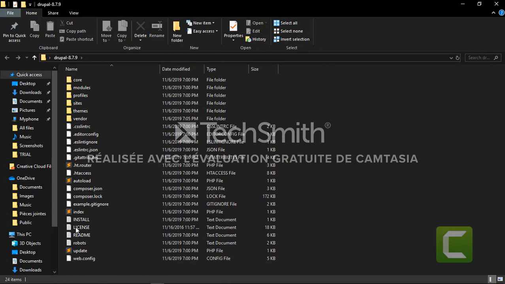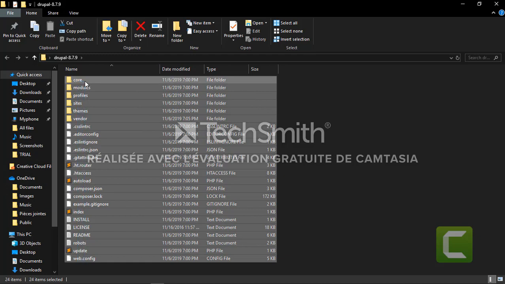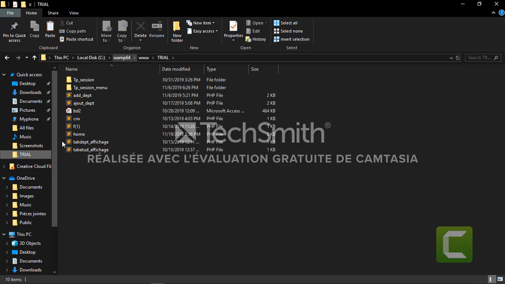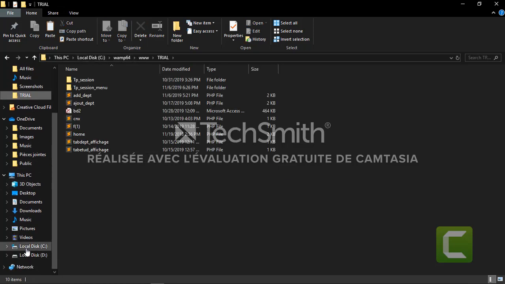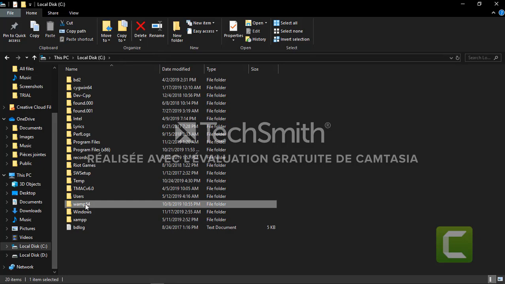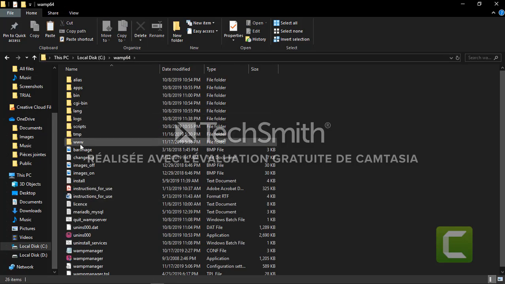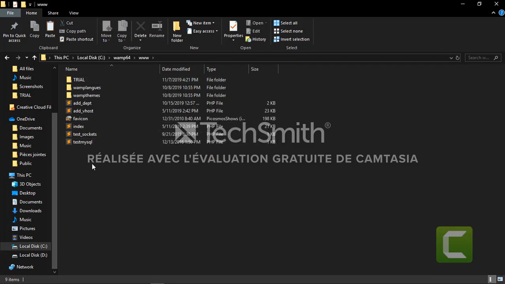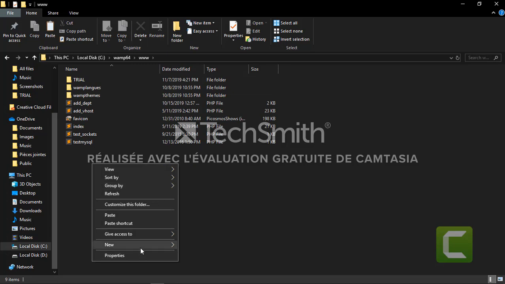The next step is to copy all these files into a new folder in my web server, which is WAMP. I'm going to my local disk C, WAMP, and the folder www. Here I am going to create the new folder, and I can name it whatever I want.